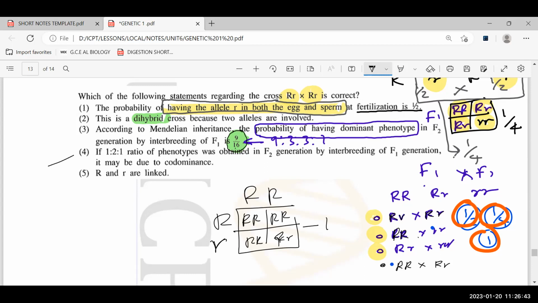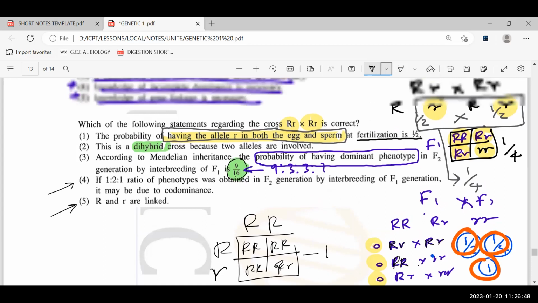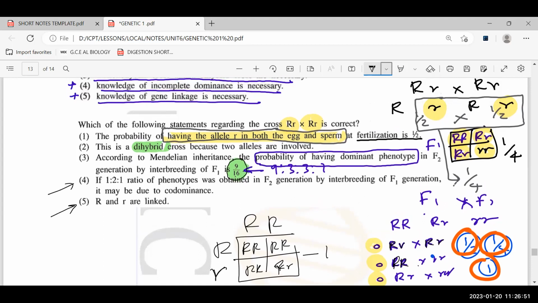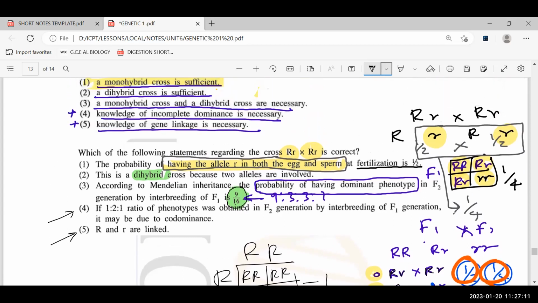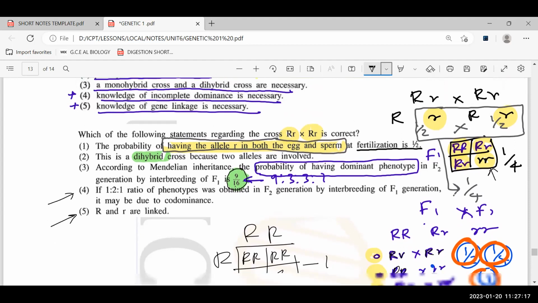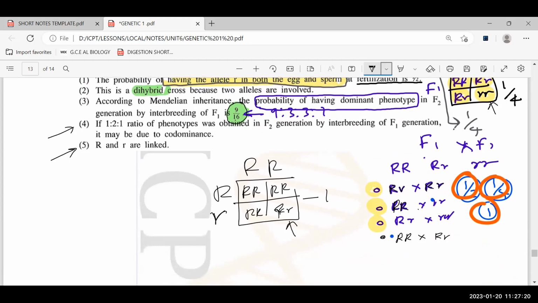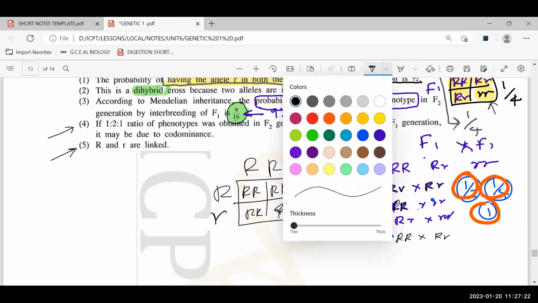Okay, now the fourth one and fifth one, we haven't learned. So, can you explain how you got the other part in the third question? That all are one. Can you tell which one? That Punnett square you drew? This one? No, sir, the second one. This one? Yeah. Okay, then this is the